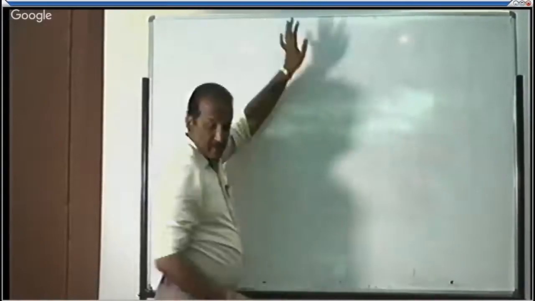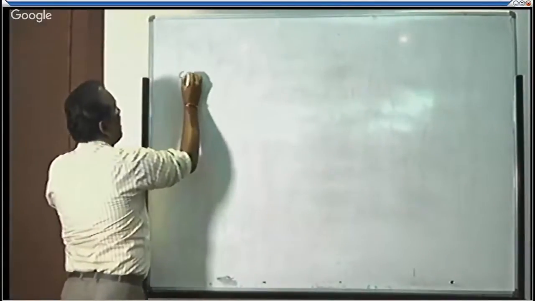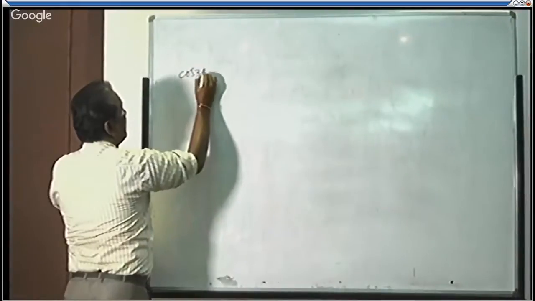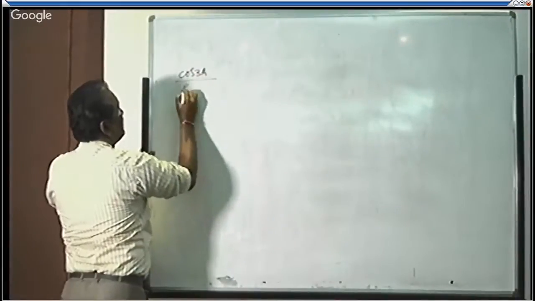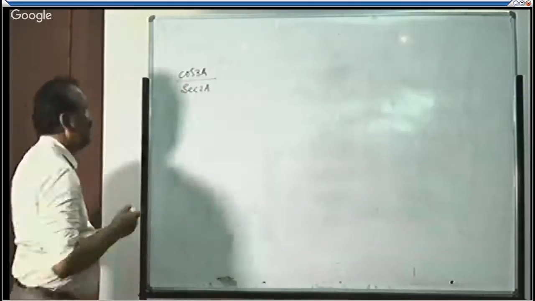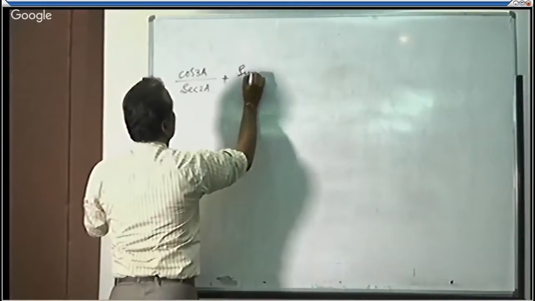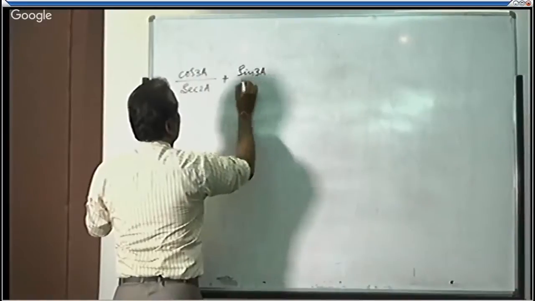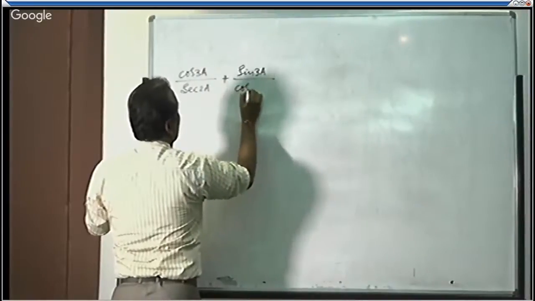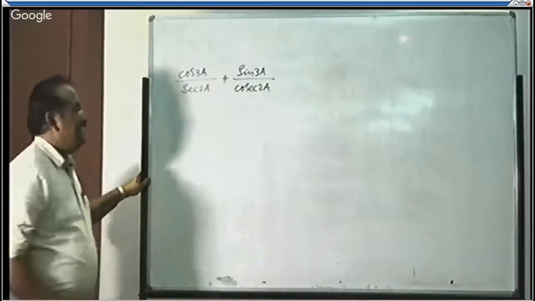Right? Next one. Prove that cos 3a divided by secant 2a plus sin 3a divided by cosecant 2a is equal to